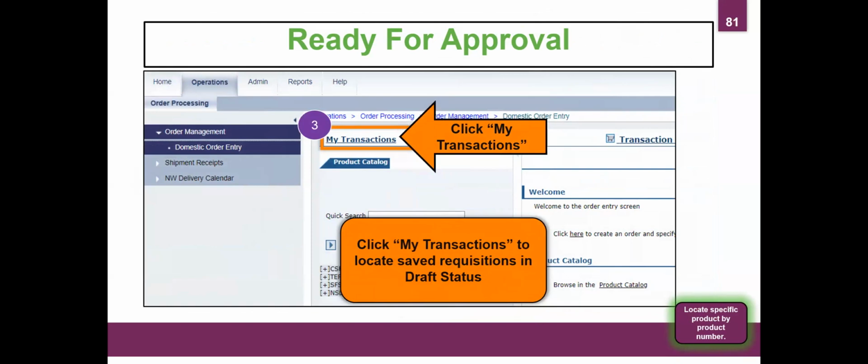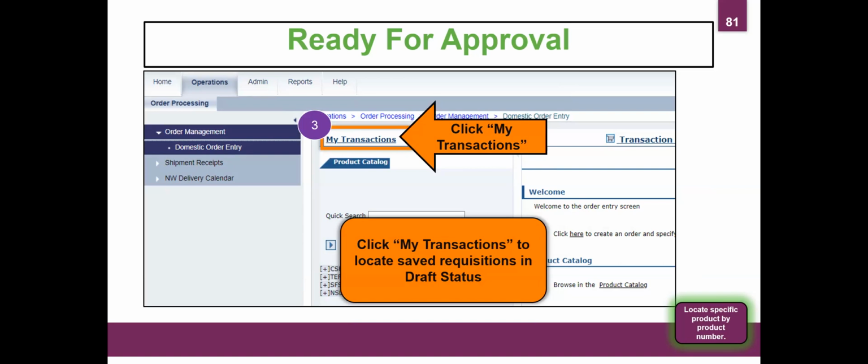Then we get to the My Transactions. You can always minimize the windows. Remember, if you want to make that screen bigger. And then obviously in the training environment, this is where a lot of you guys see a lot of different things and you're clicking and we get some of those errors.